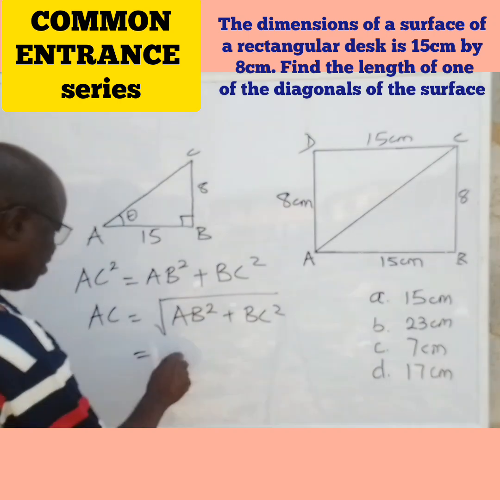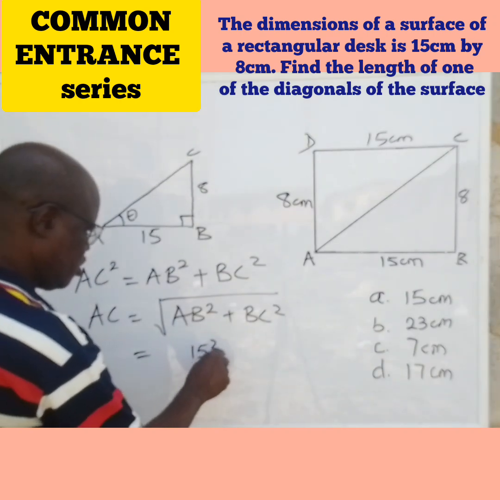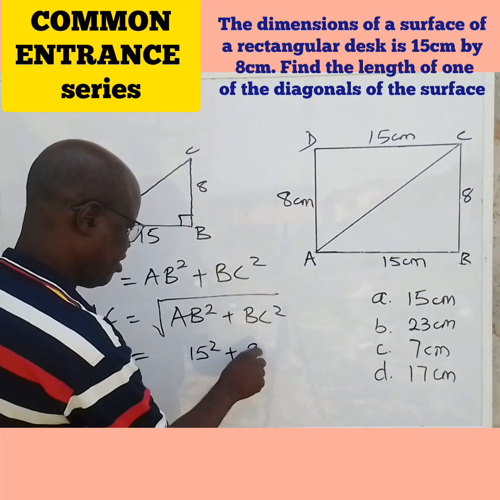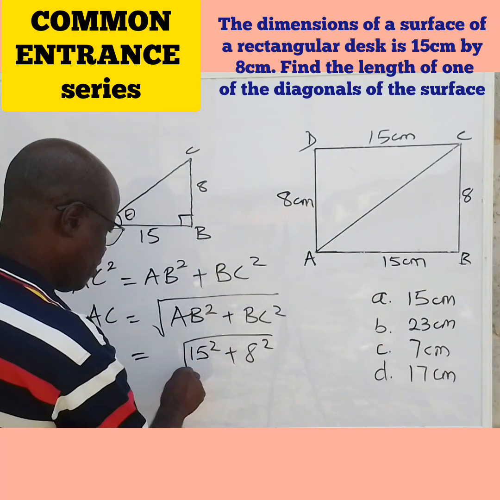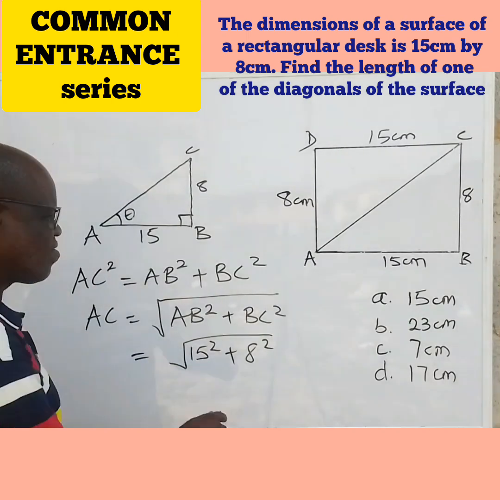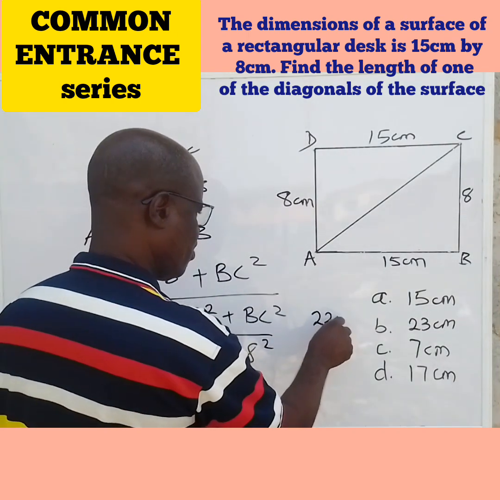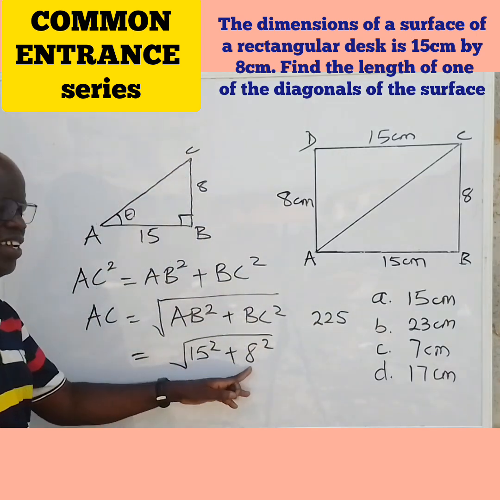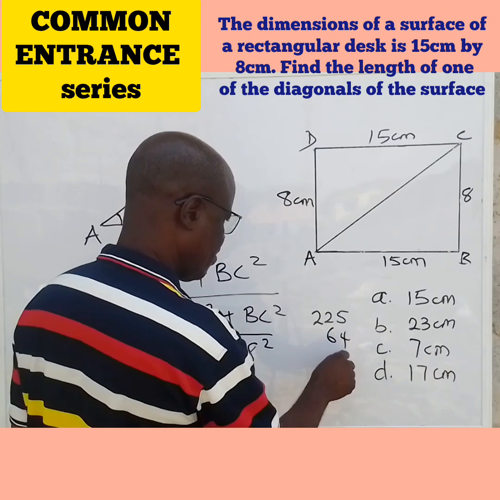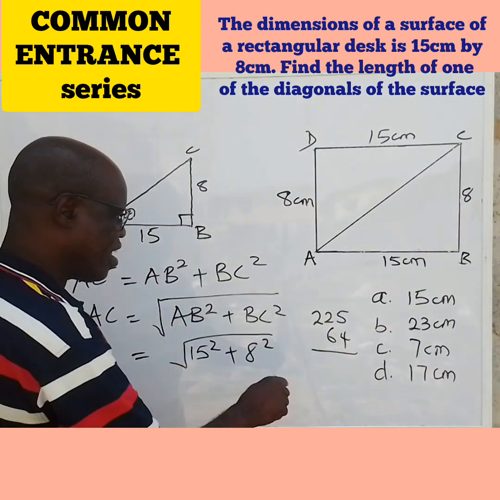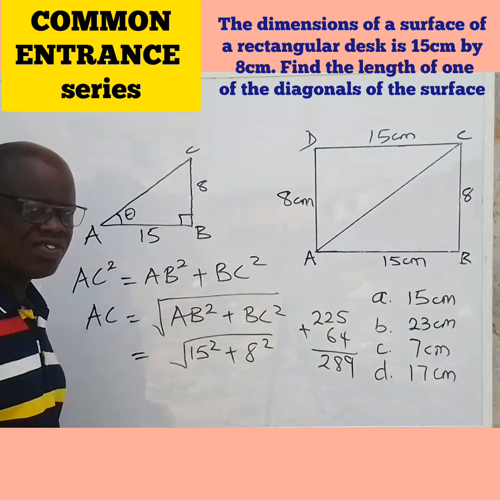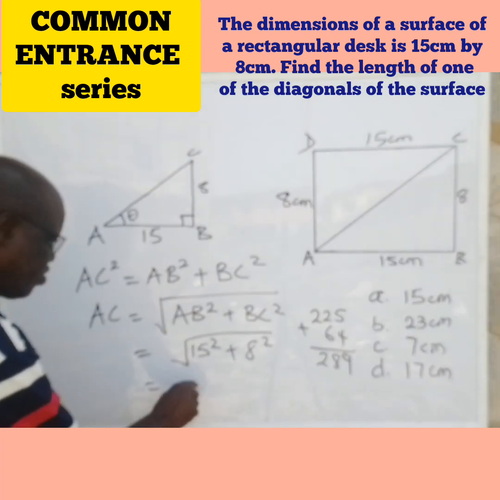AB is 15. BC is 8. 8 square. 15 square, that's 15 times 15. That is 225. 8 square, that's 8 times 8, 64. Now add the two together. You have 9, 8, 289. So you have square root of